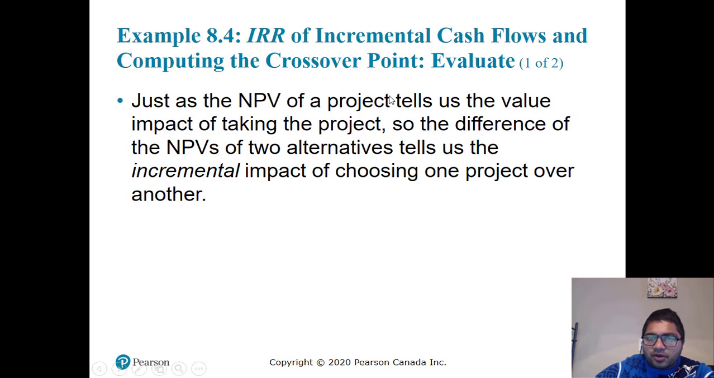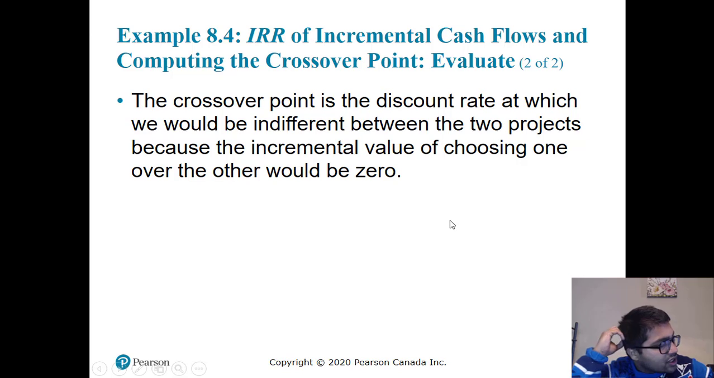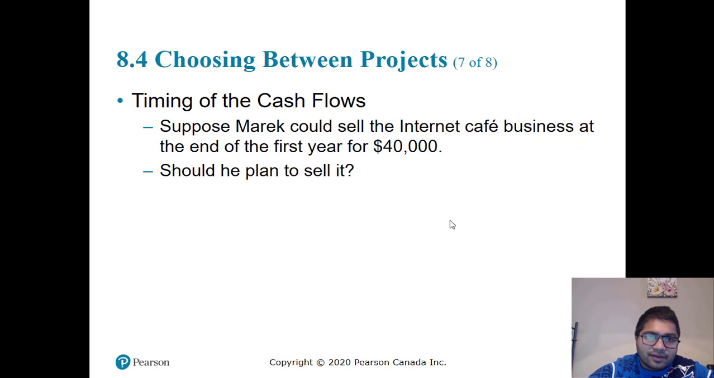Just as the NPV of a project tells us the value impact of taking the project, the difference in NPV of 2 alternatives tells us the incremental impact of choosing one project over the other. So what are they saying? That if the scales of projects are different, you should use NPV rather than IRR. Okay. Then, choosing between projects,